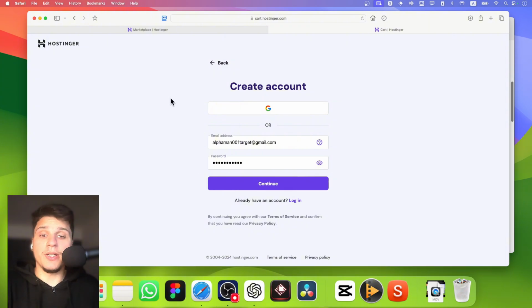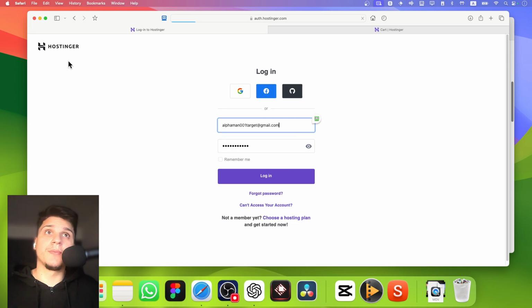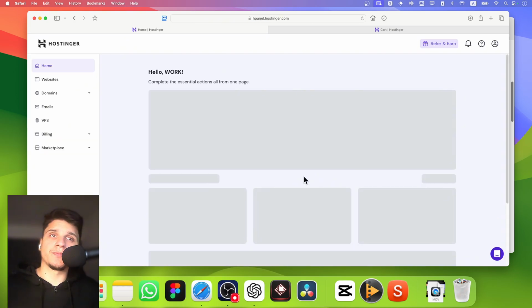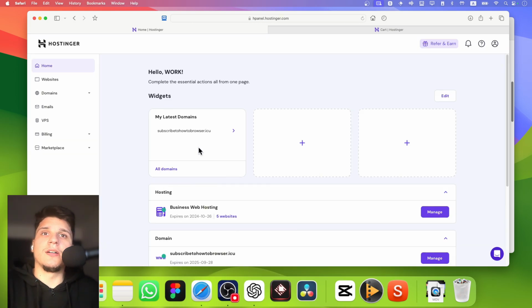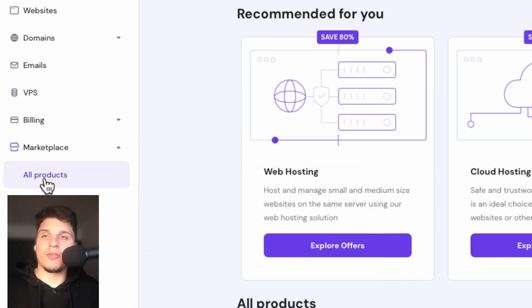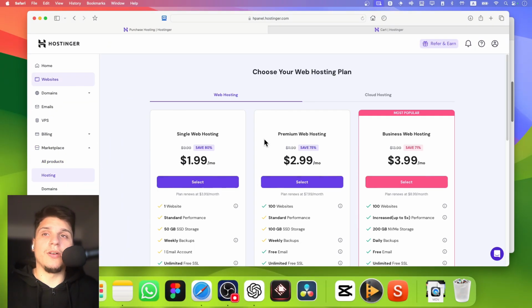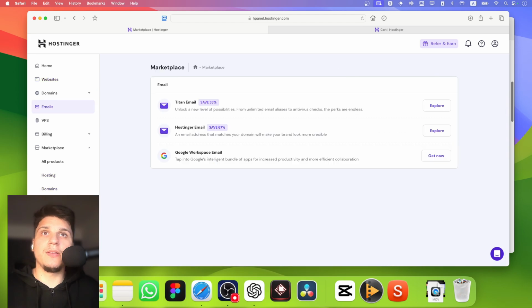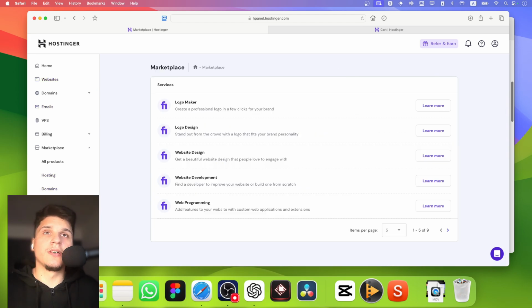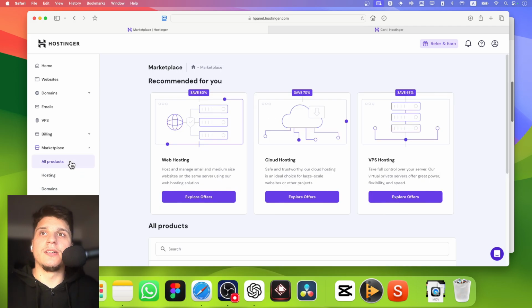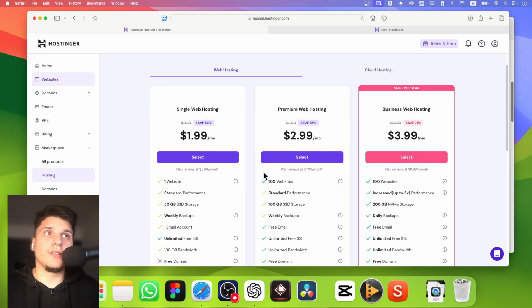Okay, now what if you already have an account, you logged in, you bought a plan, you already have a plan? Well, if you want to buy another plan on Hostinger, you're going to have to go to marketplace here, and then you're going to see our products. Here you can explore web hosting, domains, emails, services, other, and all products. For web hosting you can choose and find